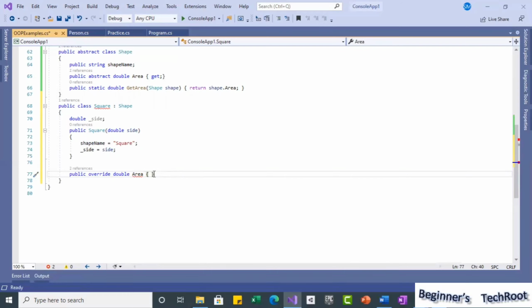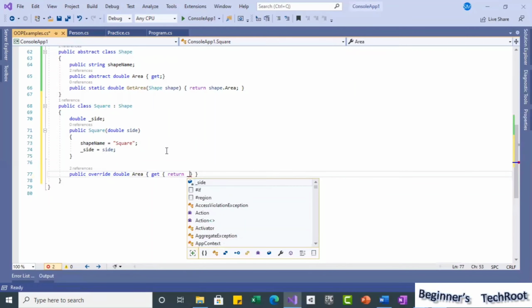So inside the implementation we define the get accessor like this, and inside, return whatever we need to calculate the area. So we have the side.